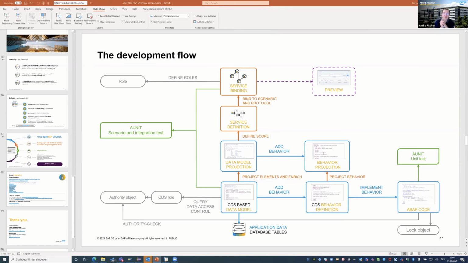Okay, the question is whether the RAP generator is also available in SAP S/4HANA 1909 or 2020. It can be used in 2020. I have to admit, I have to write a little bit more details in a blog how to use it there, because the APIs that I'm using there, the so-called XCO libraries, look a little bit different on-premise.